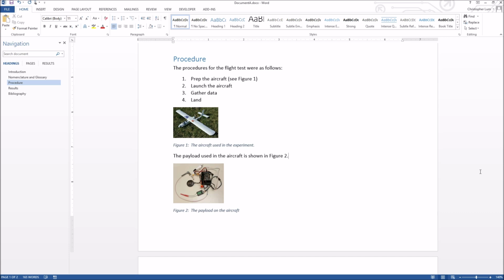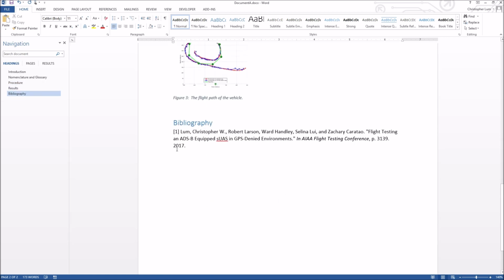So they could say, I could write in here, "for further information on the payload, see 1." And again, notice that I just typed in, or hard-coded in, 1, and then expect the reader to be able to come down here and find it in the bibliography. And again, this is all fine and dandy, and it works well, but I think we run into